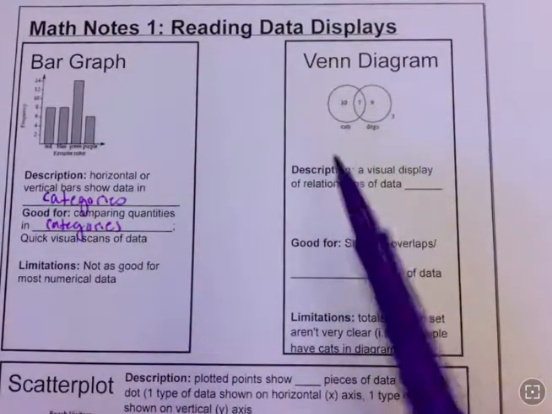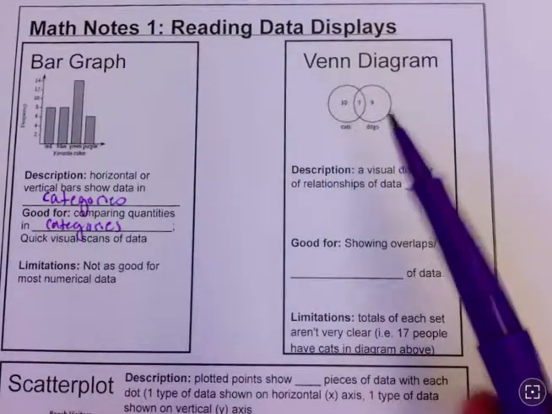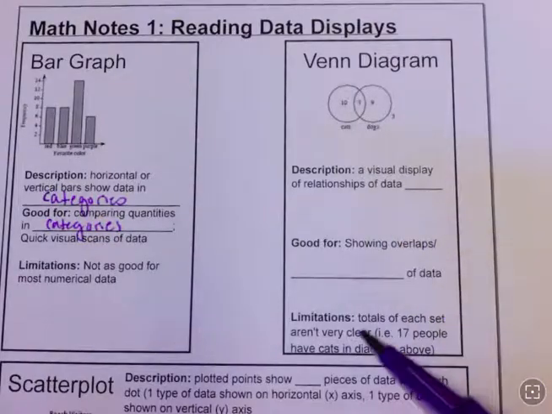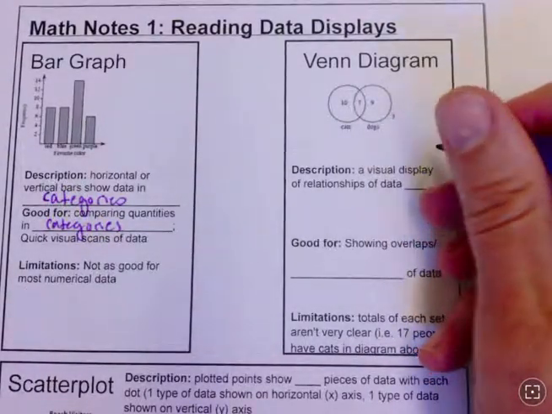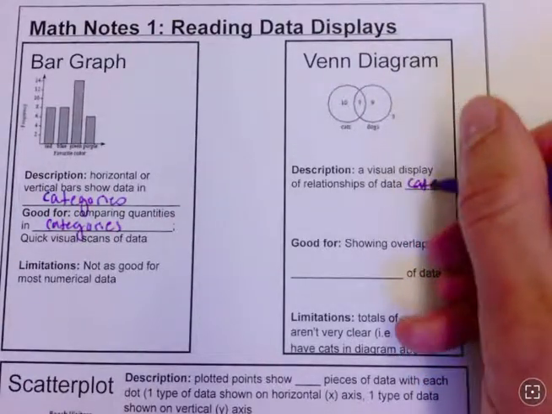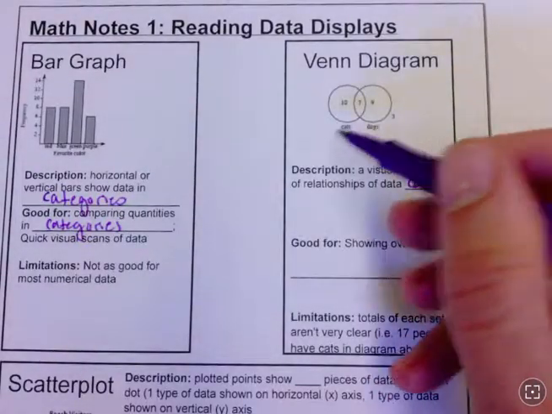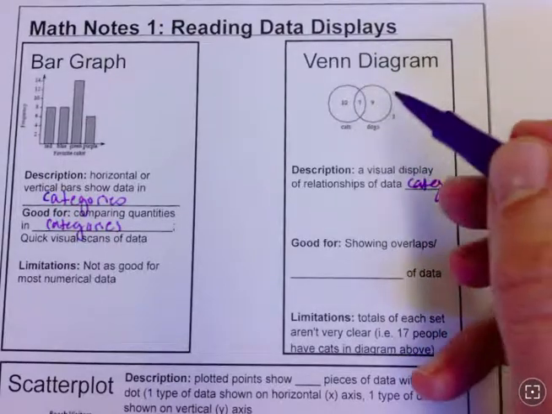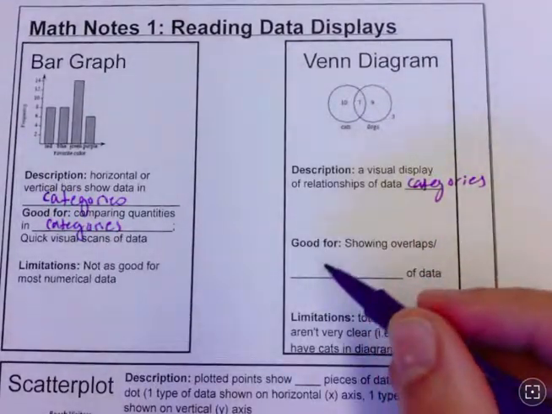So Venn diagrams, as a review, are these overlapping circles that show us a visual display of the relationships of, I don't remember what I created this for, but I think we're going to go with the word categories here. Again, Venn diagrams are really more for comparing data that has categories and seeing any relationships between those. It's good for showing overlaps and differences of data